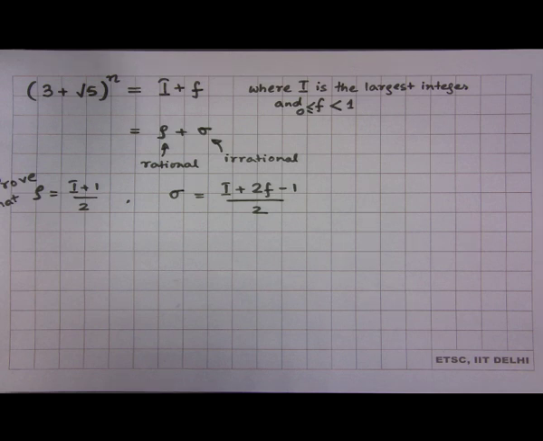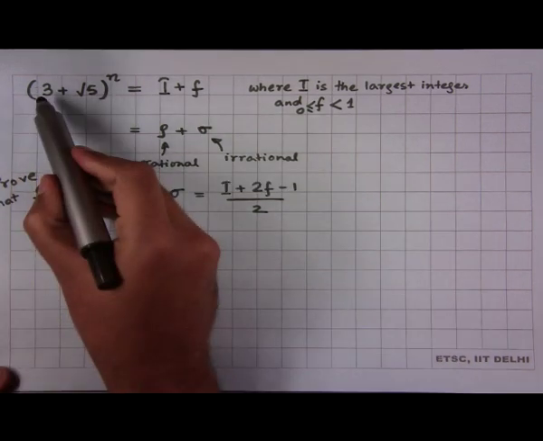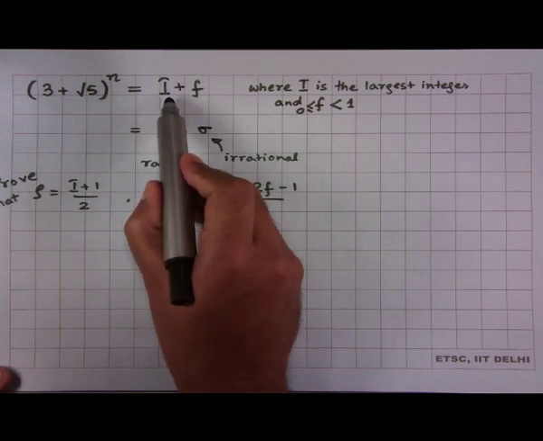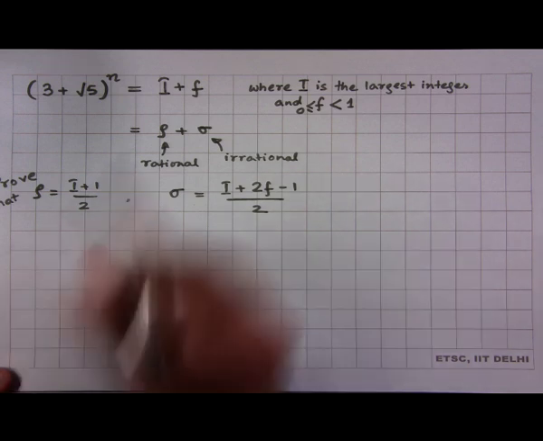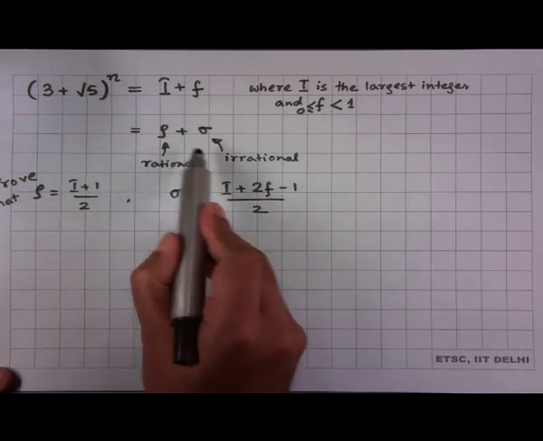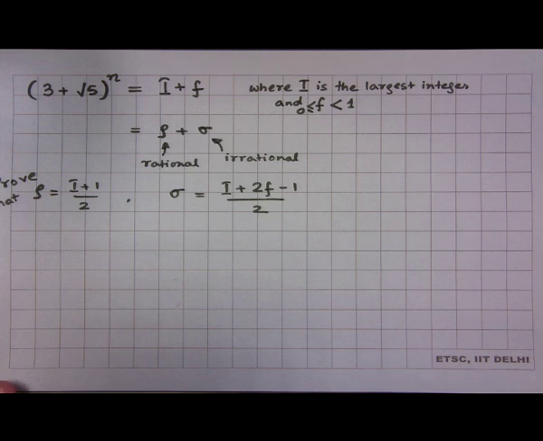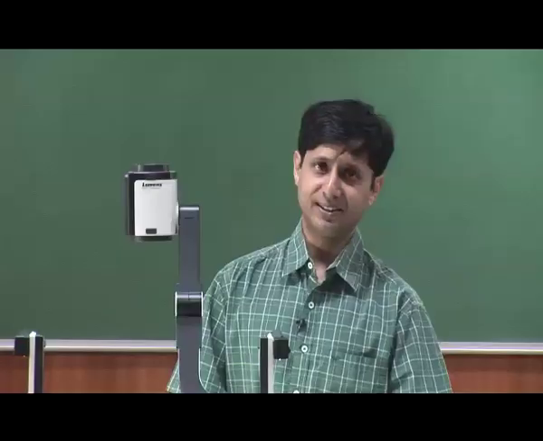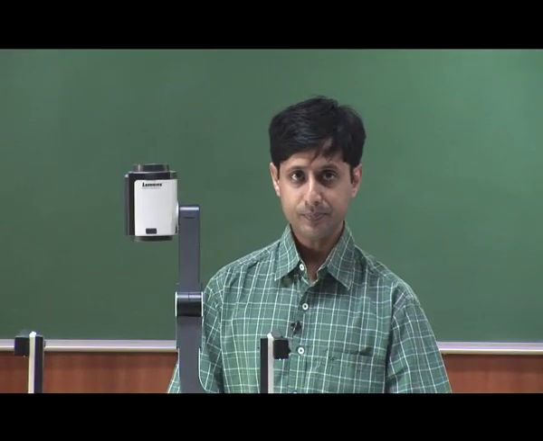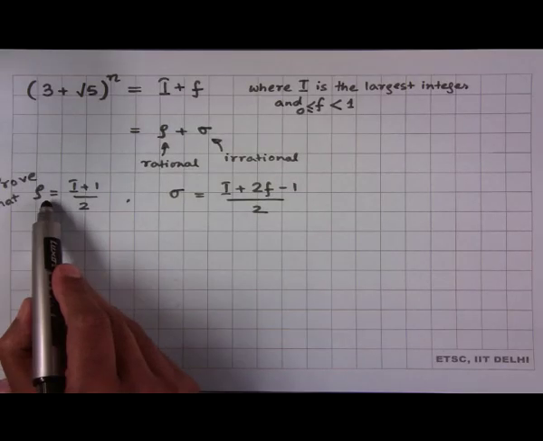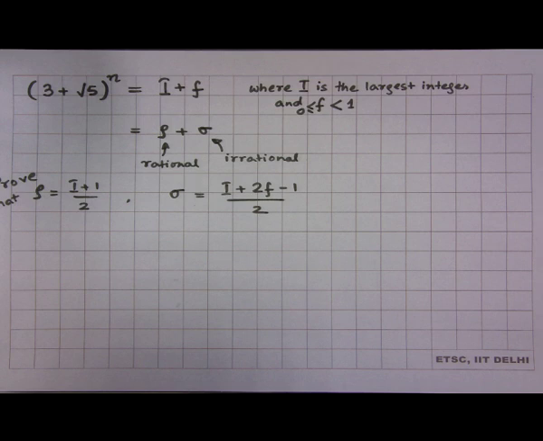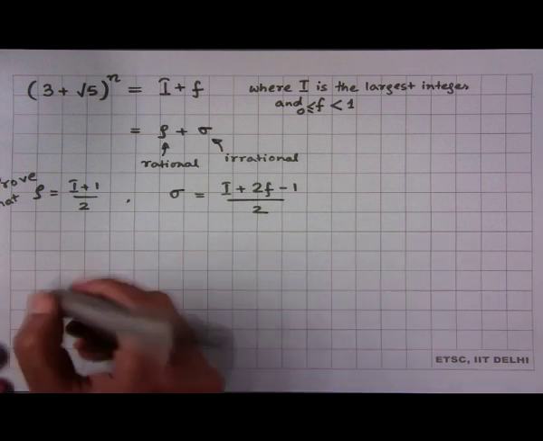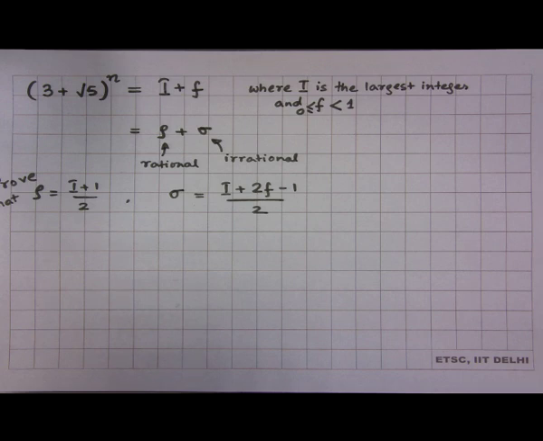Okay. So, this is the problem statement. The problem statement is (3 plus root 5) whole power n is equal to some integer plus a fraction, and it is also equal to a rational number plus an irrational portion. Rho is the rational part and sigma is the irrational part. Then prove that rho is (I plus 1) by 2 and sigma is (I plus 2f minus 1) by 2. So, this is our job at hand. How will you do this? Let us look at the following. Now, this I am going to pull out from my hat,